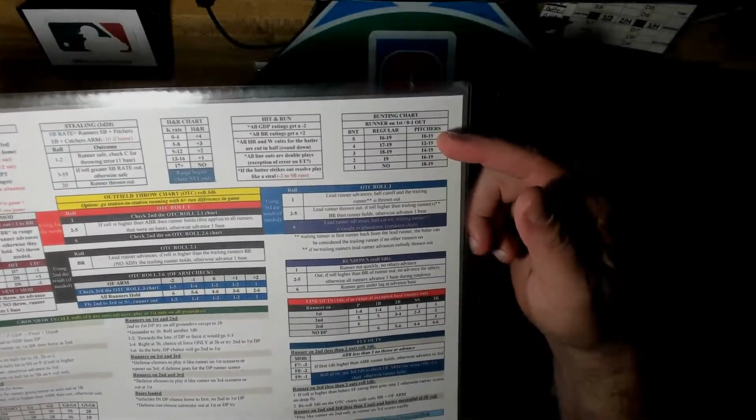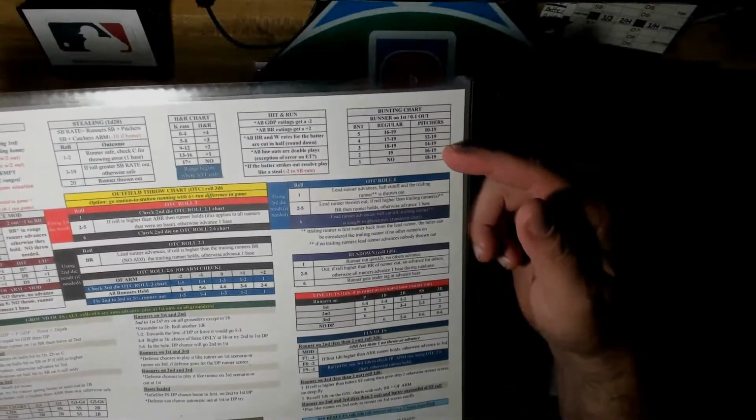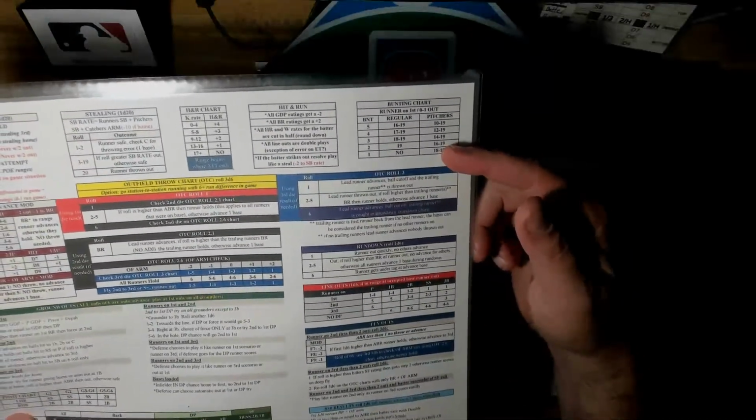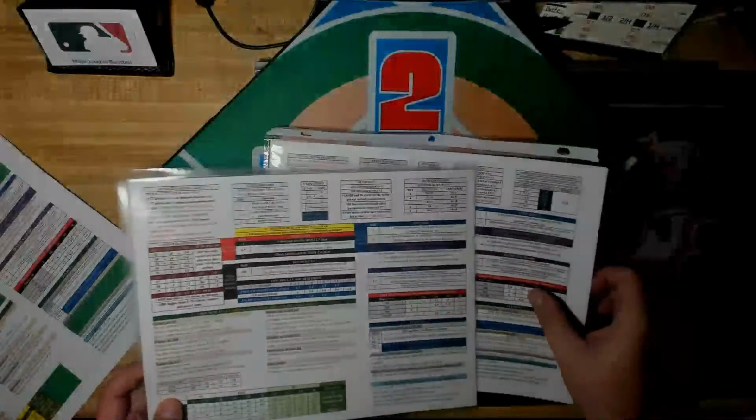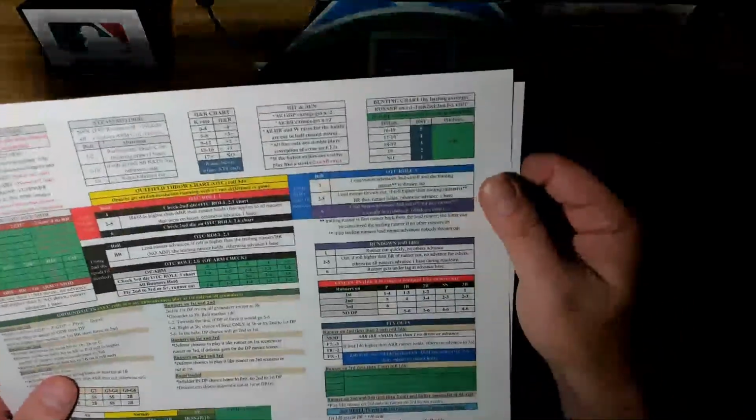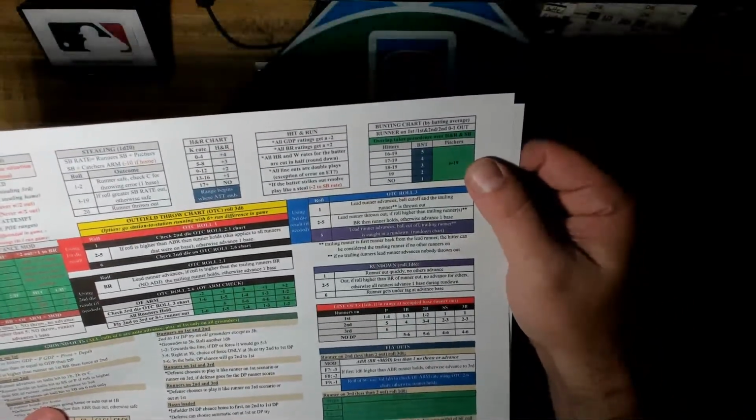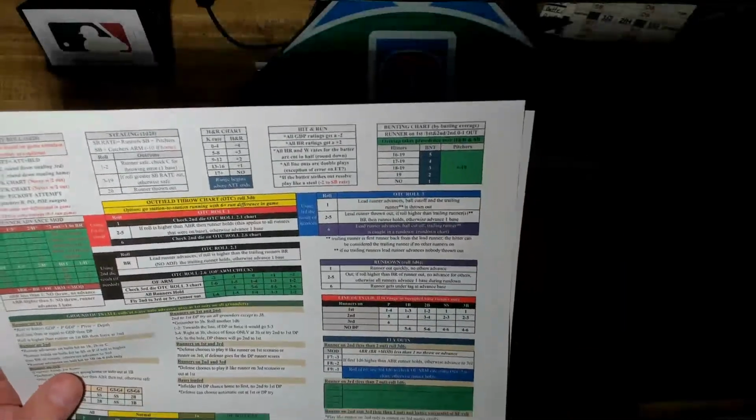And he went 10 to 19, 12 to 19, 14 to 19, 16 to 19, and 18 to 19. This is version 3. Version 4 will now have pitchers at 6 to 19, which pretty much means if you want to bunt with your pitcher,